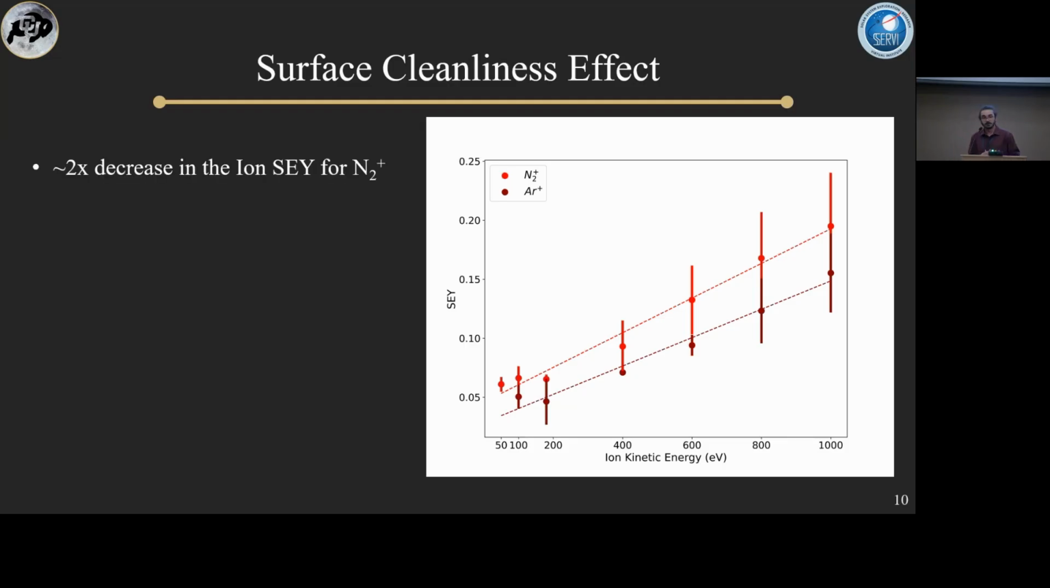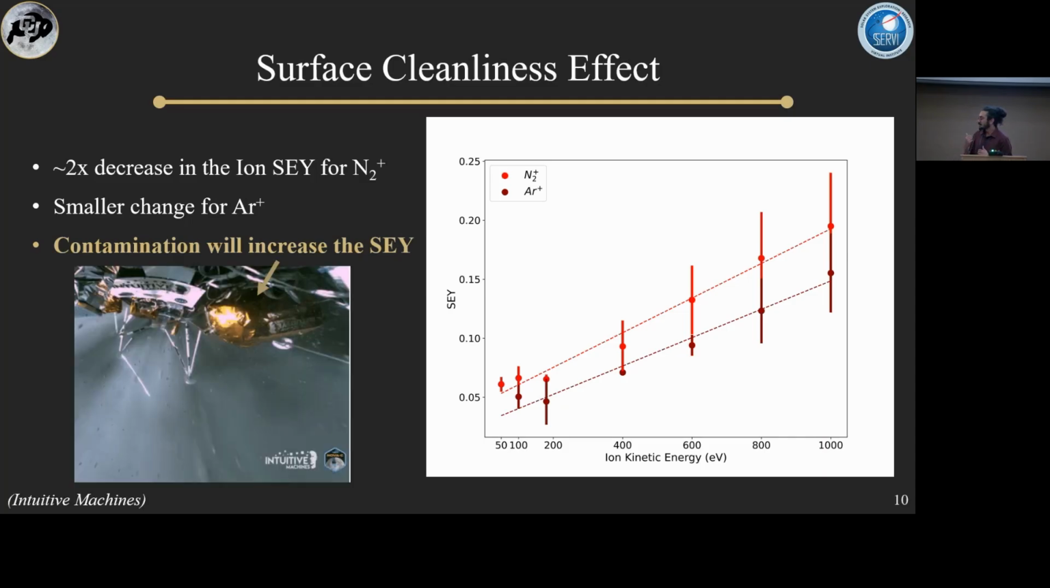What you can see is that there's about a 2 times decrease in the ion secondary electron yield for nitrogen. There's only a smaller change for incident argon particles. So what this implies is that a contaminated surface would have a larger secondary electron yield, especially for the lower mass hydrogen ions. The reason why this is important is